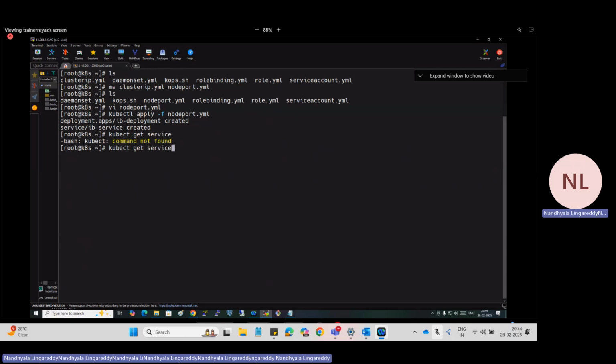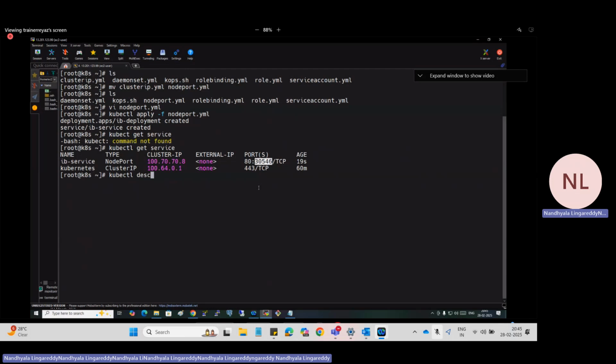What is that? kubectl get service. Now do you see this here something? Previously it was not there, right? And the port number is also 30,546. Right?